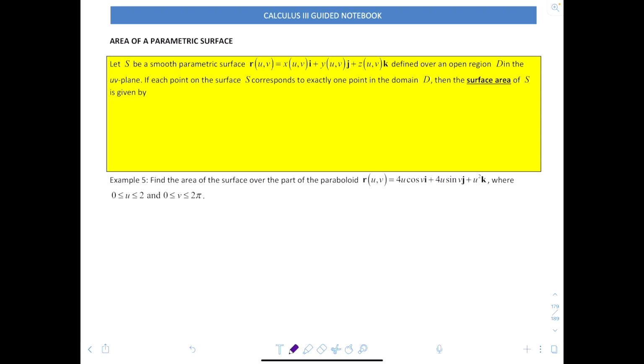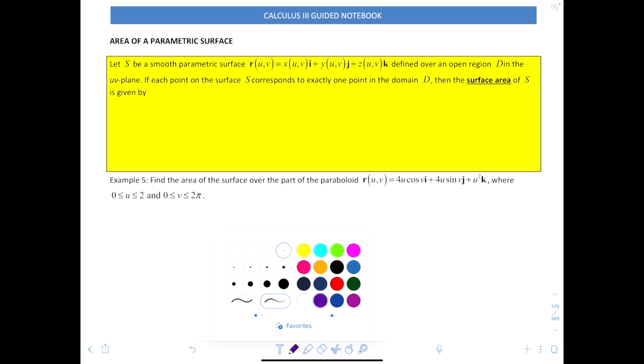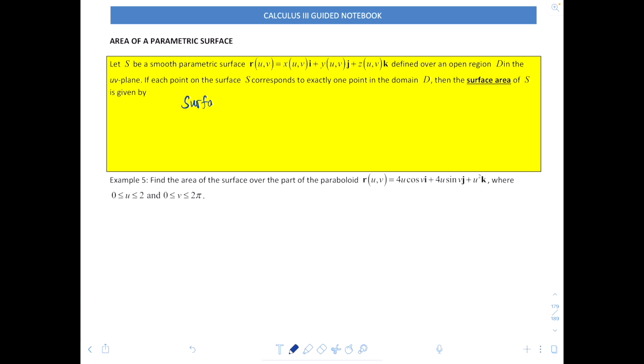If each point on the surface S corresponds to exactly one point in the domain D, then the surface area of S is given by the surface area is equal to the double integral over the surface dS, which is equal to the double integral over this region D of the magnitude of the cross product of the first partial with respect to u and the first partial with respect to v dA,